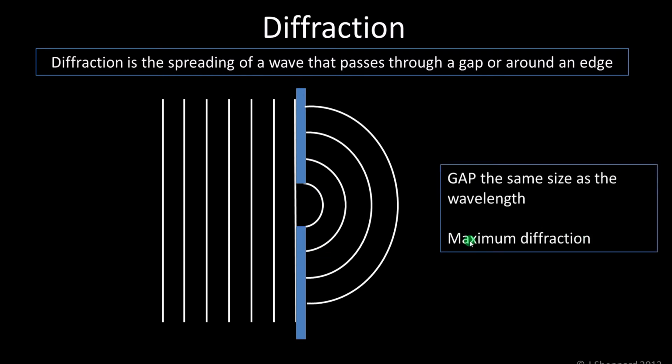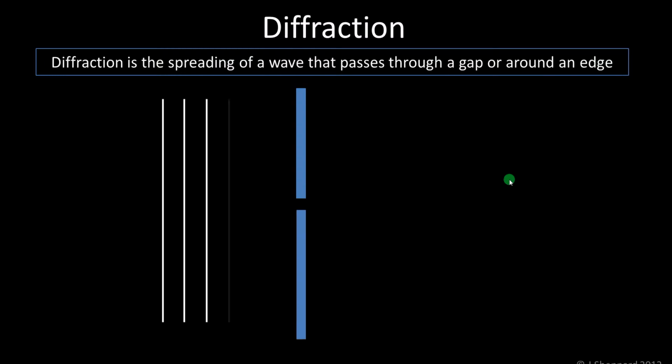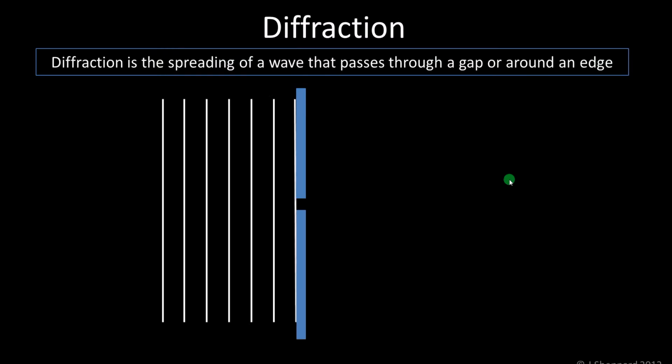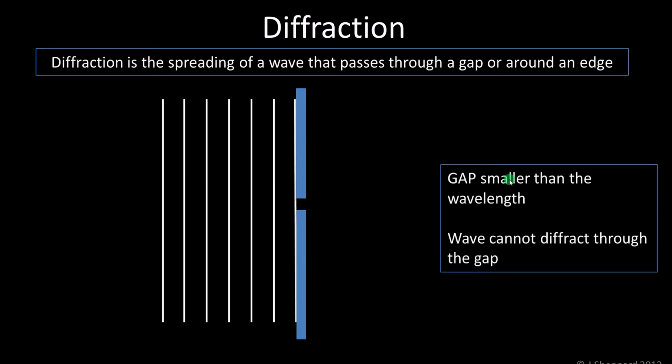The maximum amount we can get happens when the gap size is the same as the wavelength, or similar to it. If we go even further, what we'll see is that the wave can't really get through that gap. Diffraction isn't possible. Okay, so the gap is smaller than the wavelength. The wave can't diffract through the gap. And an example of that happening would be